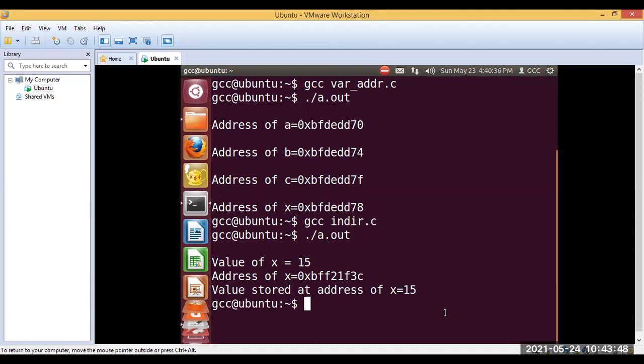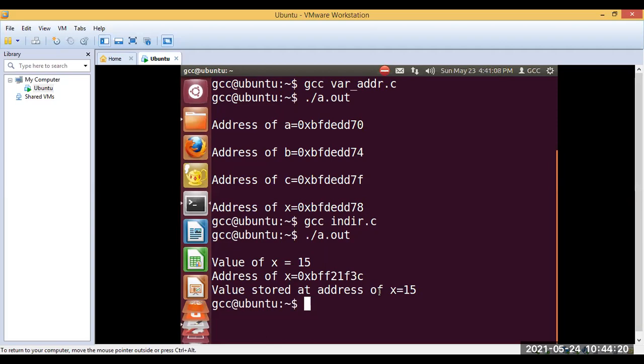You might say, ma'am, we can directly print it using this particular statement, right? We have already done that in C programming. But here, when I say asterisk and ampersand x, I'm trying to access the values with the help of addresses. This is the difference. I'm not asking for the value directly. Through the address, through the memory locations, I'm trying to get the value which is stored.